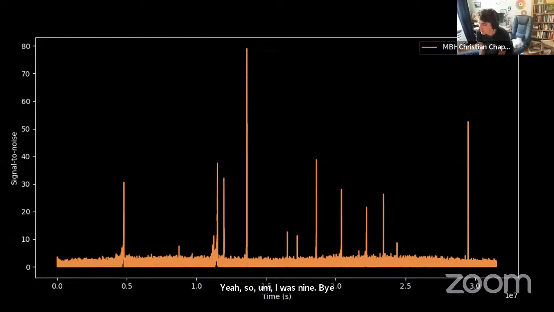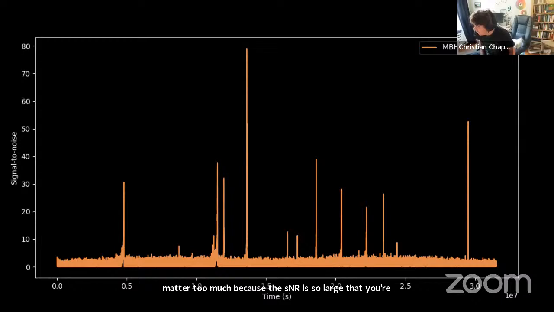I was just going to ask about whether you've been able to investigate what kind of sensitivity penalty you have for the 100 template approach that you just described, because presumably if there's a signal in data and you do not use the right template, then you're going to be less sensitive. And obviously for many MBHBs, that's not going to matter too much because the SNRs are so large that you're going to see them anyway.